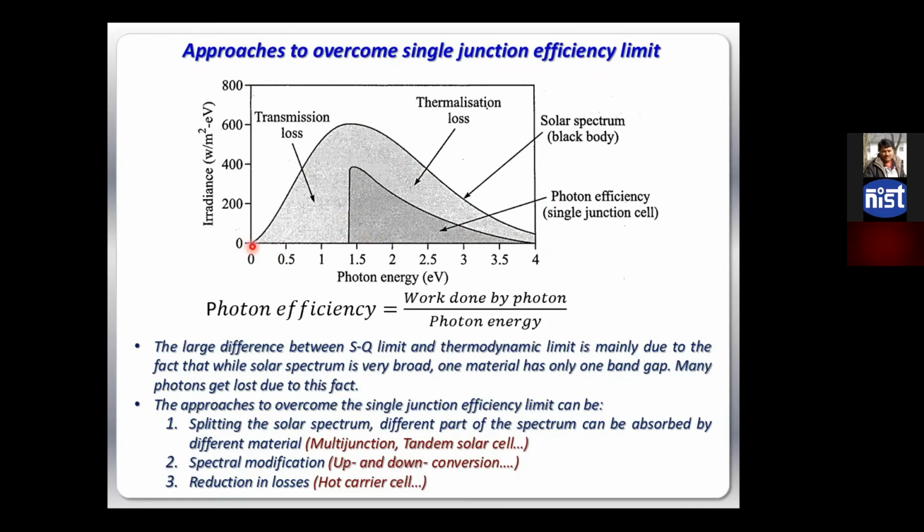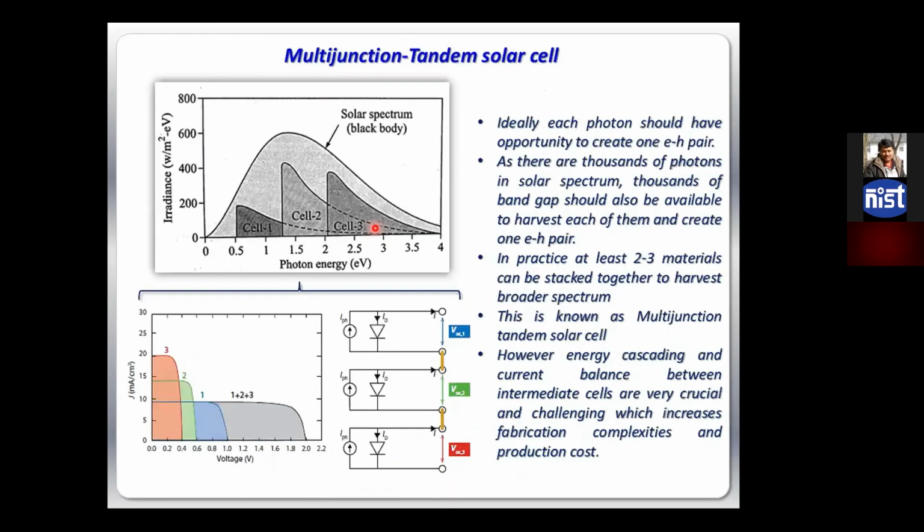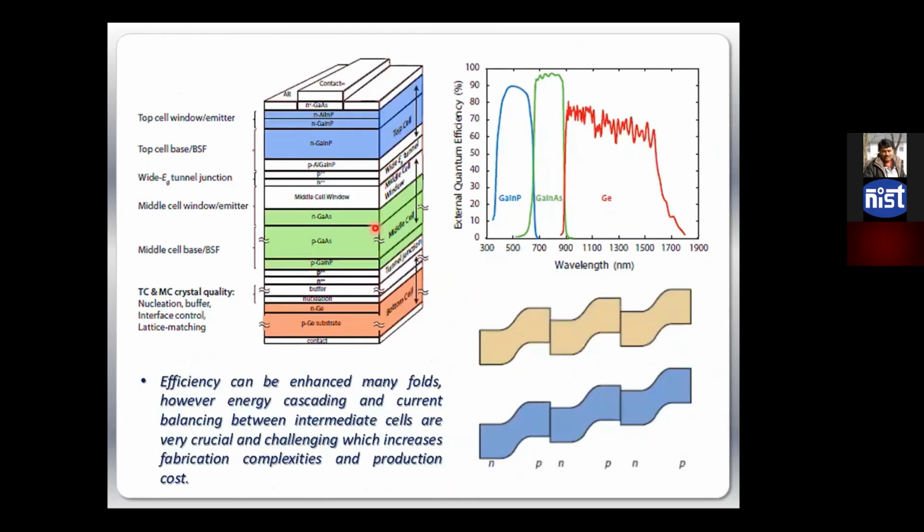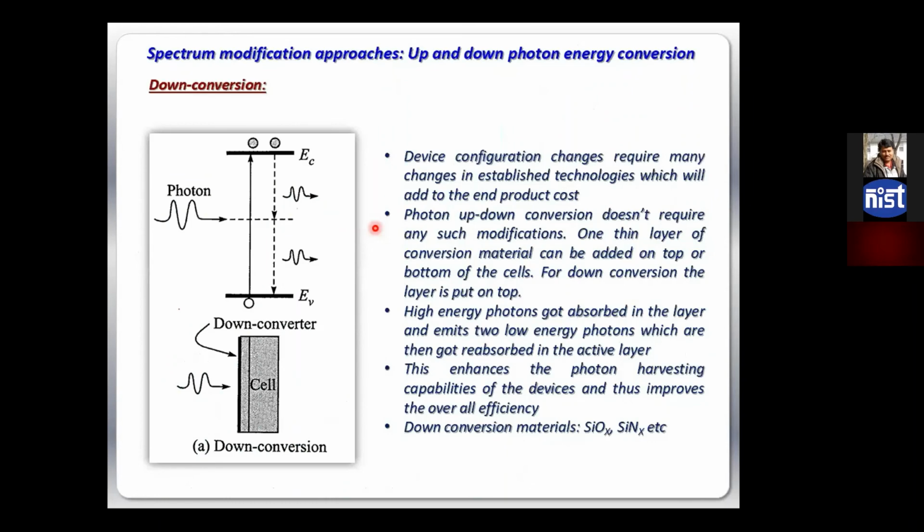I have to make some sort of optical arrangement, which will take all these photons and release photons of this energy, which will take all these photons and release photons of this much energy, right? So that is known as spectral modification, or basically a very emerging technology, photon up and down conversion of energy. Right. So let us discuss how this down conversion works first.